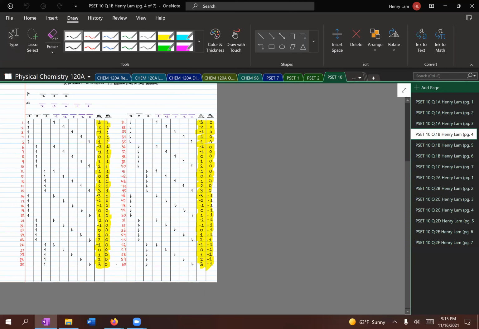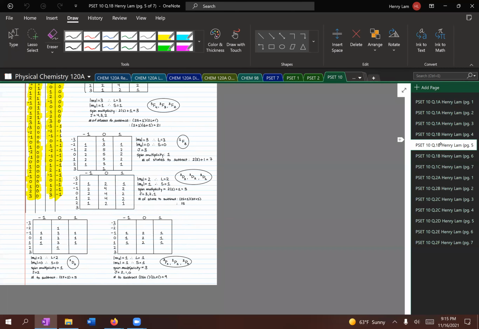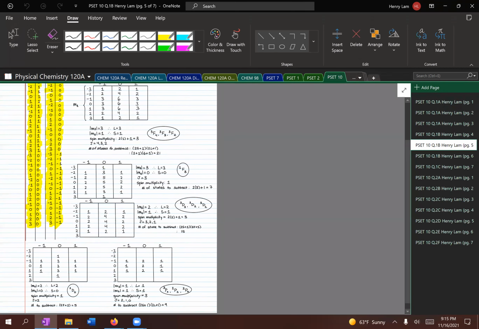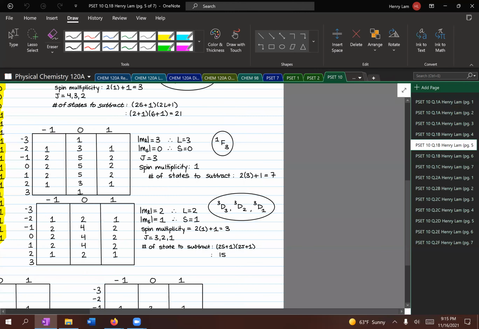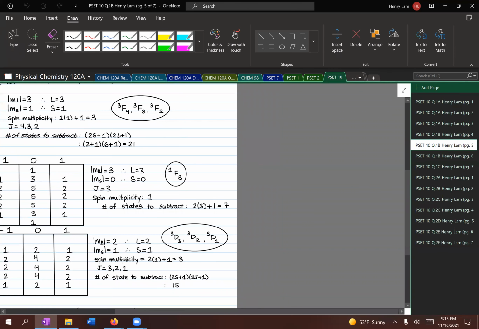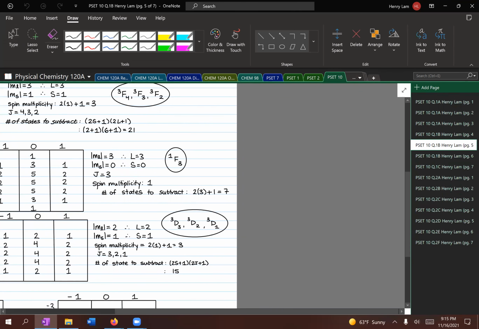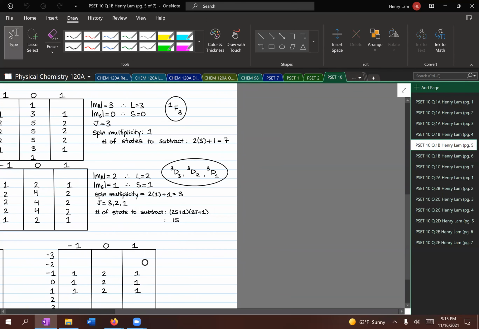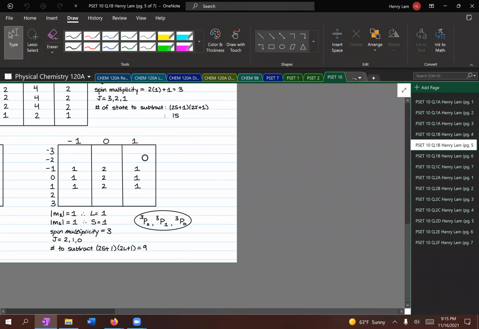So here you can see I have 60 total, and I've condensed it down into a table. And after shrinking down each table, I'm getting the term symbols: 3F4, 3F3, 3F2, 1F3, 3D, all these, right? And it matches with what we got